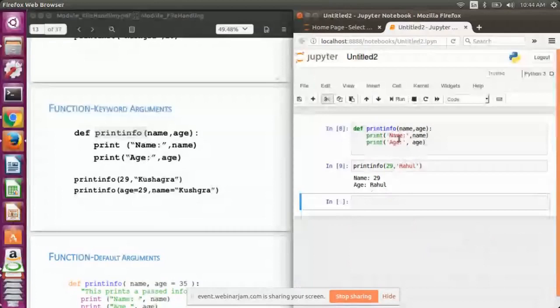Depending upon the type of value, the age and name parameters are converted to that type.